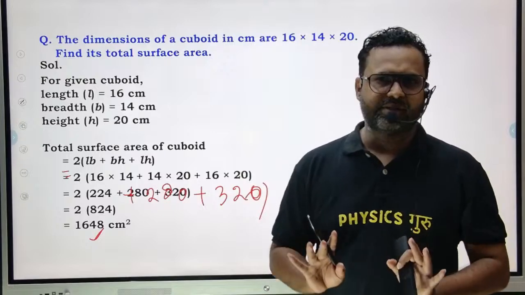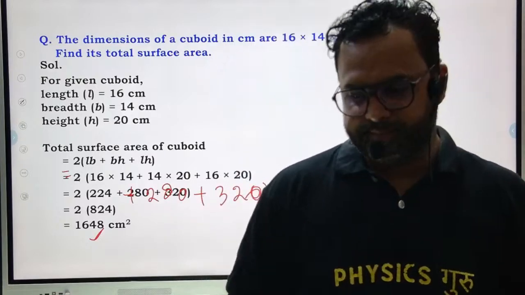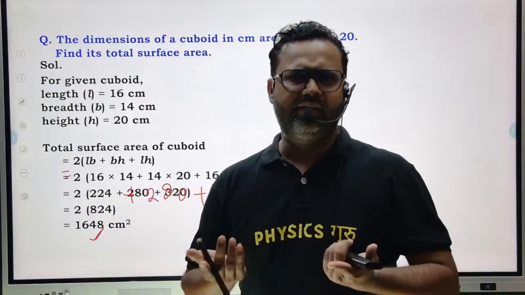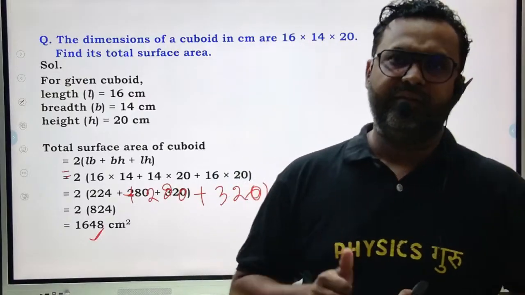Clear? Simple concept. I hope the concept is clear. So cuboid portion is complete. In cuboid, we have only this much. We'll meet in the next